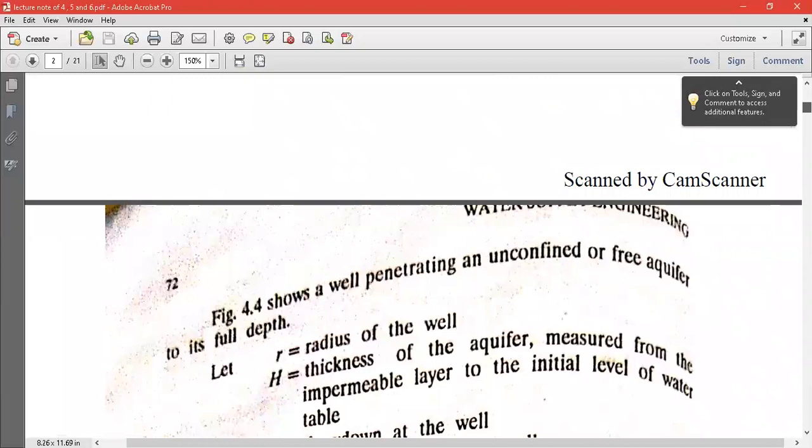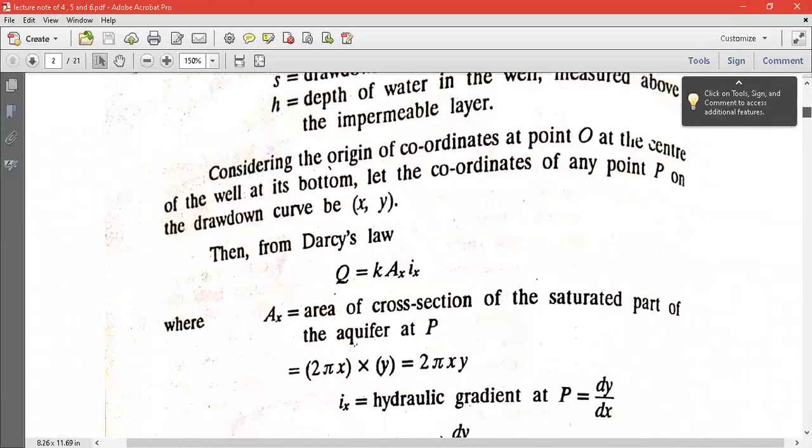So for the basic formula, again we have to consider that, knowing the permeability K and the hydraulic gradient i, the basic formula Darcy's law gives us the velocity equal to Ki, that we know. When you talk about the discharge, because ultimately we are interested to find out the yield, that is the discharge from the well, which is Q, discharge means velocity into area, that we know. Velocity means coefficient of permeability into hydraulic gradient, Ki. So ultimately Ki into A will be the discharge.